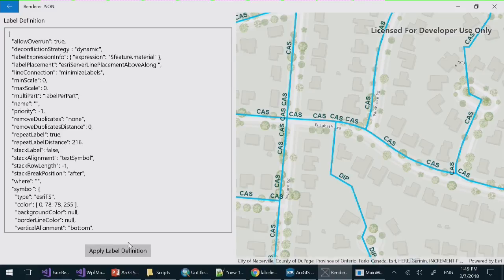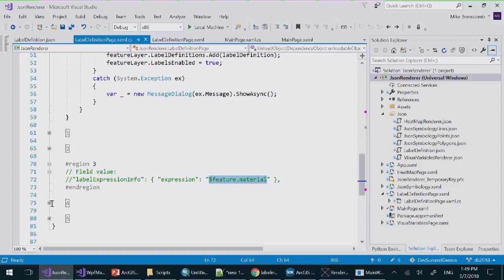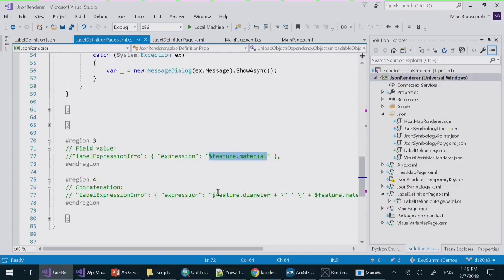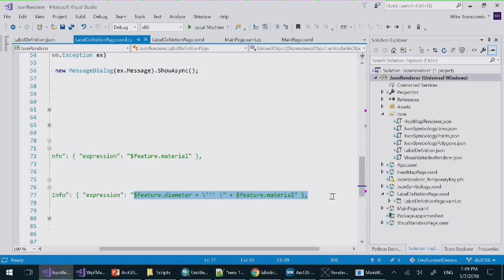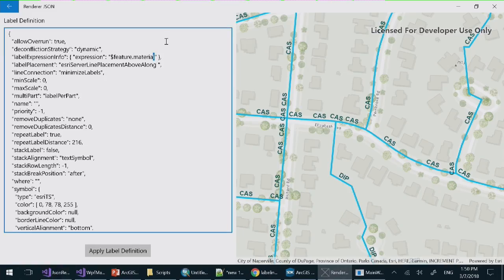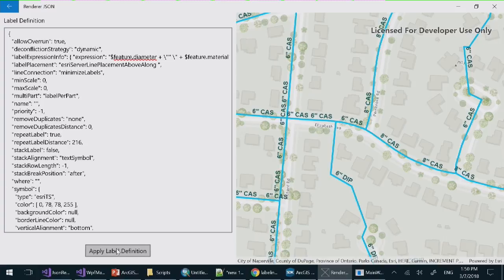But actually I want to pull out more information than that. I might want to concatenate fields or make a more complicated label. So let's take a look at one of the other examples here. In fact, if I grab this, then we can see we're concatenating a couple of fields. If we paste that into the expression here, then it's now concatenating the material and also the diameter of the pipe as well, and adding a little inch